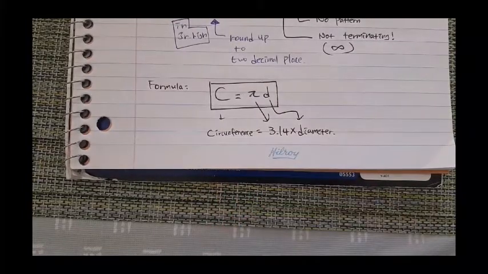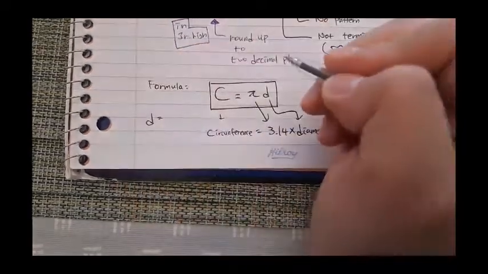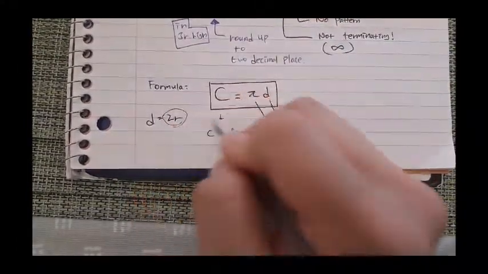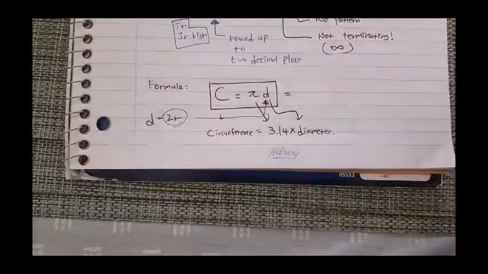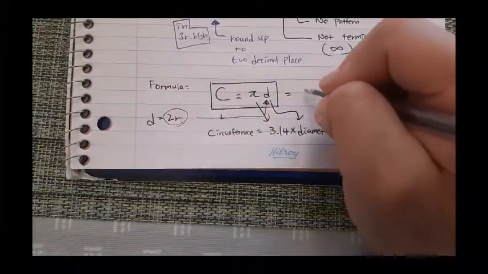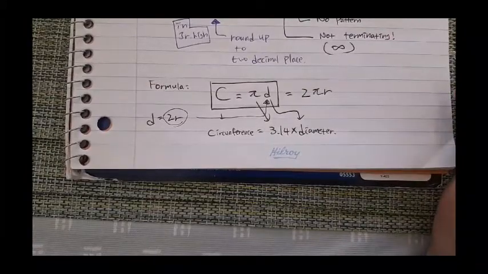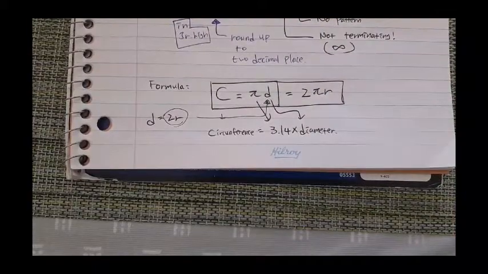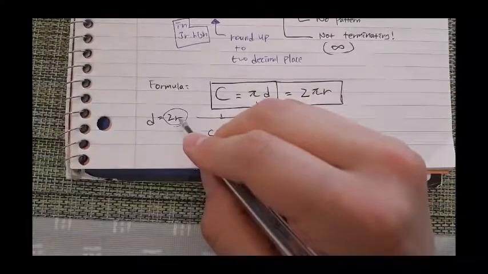Some of you guys may say, Mr. Kim, what happens if we have radius given? Good question. Because diameter is 2r, right? So that means I can replace the letter d with this 2r. So some people may have learned or heard it as, Mr. Kim, I thought 2 pi r is my circumference. This is also correct. It is a fancy way of saying pi times 2 times r,